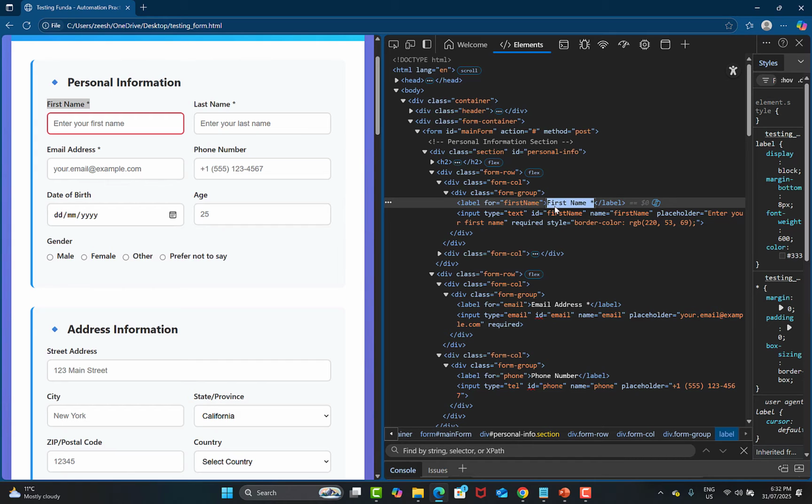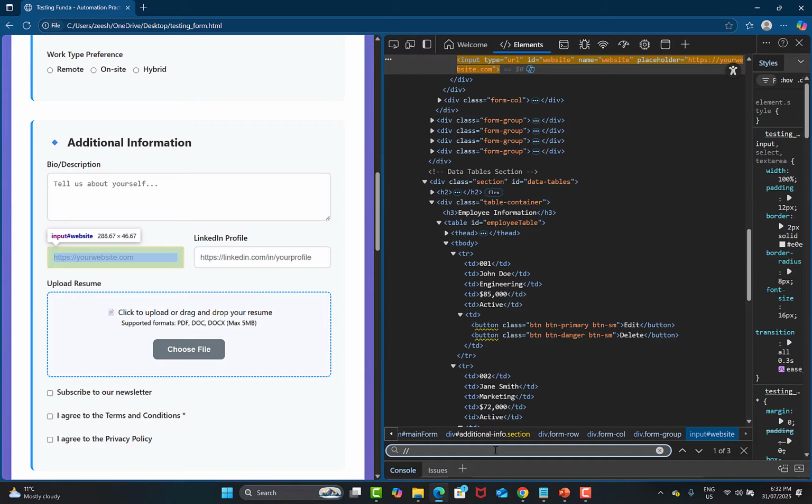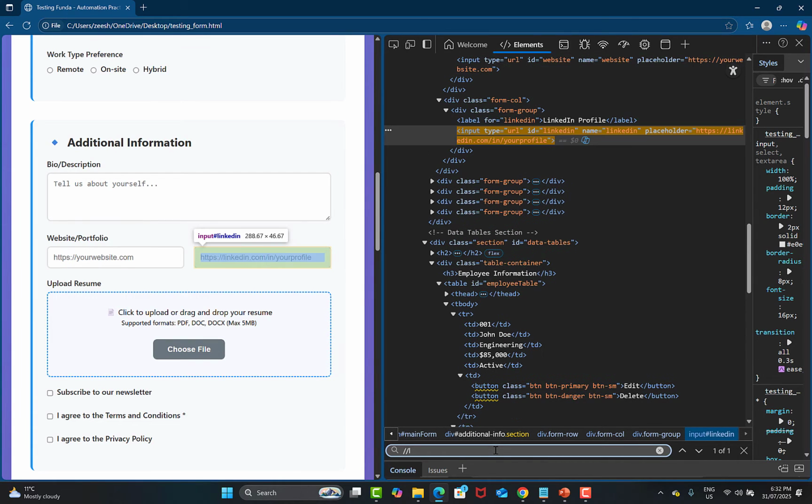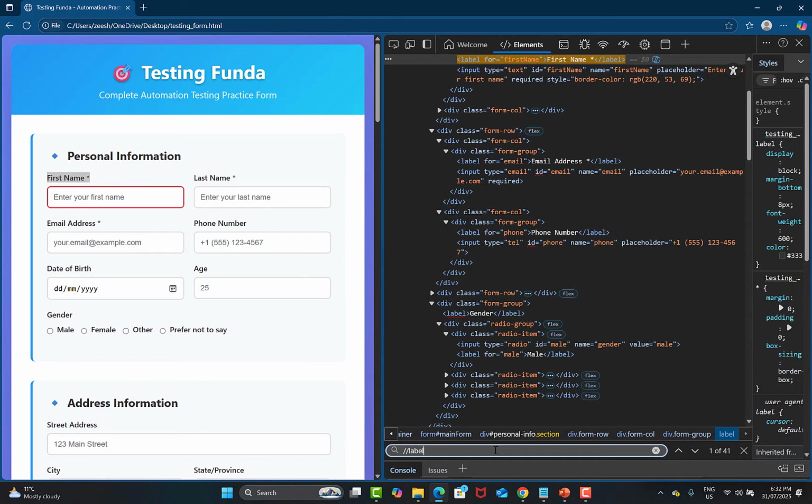So how can I identify this element? Just like we can use the text function, we can use contains and so on. In order to write the XPath for this one, again, this is a relative XPath with double forward slash, then the name of the tag. The tag is label over here, right? And inside that, we need to use this text function, and we'll say text equals,